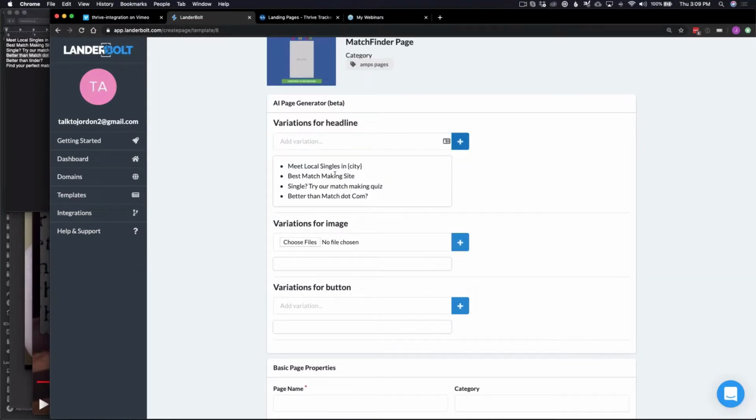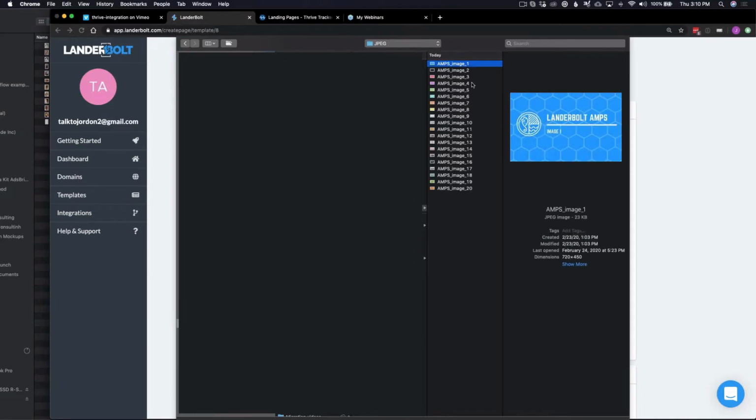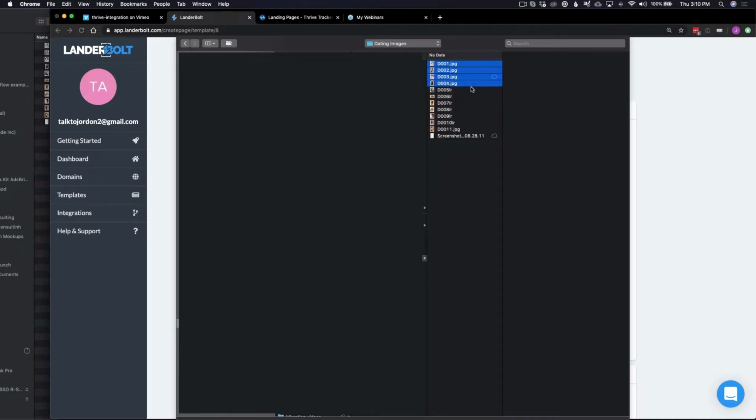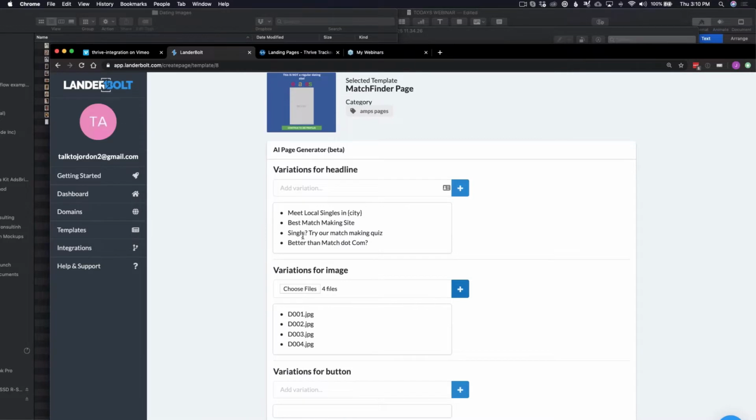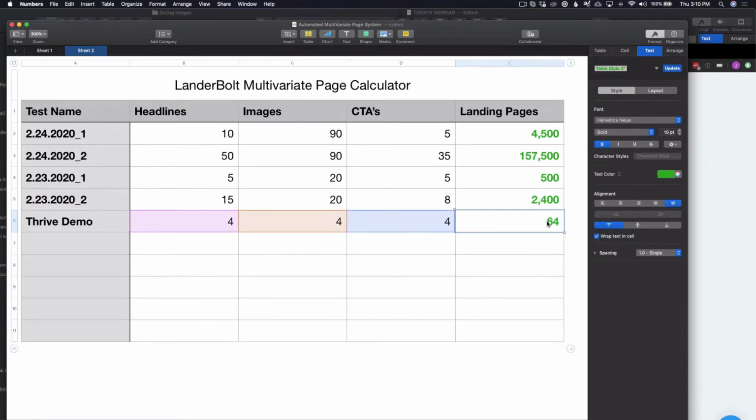And now I'm going to go ahead and choose some images, 4 images, and click add. So now I have 4 headlines, 4 images, and now I'm going to test 4 call to actions. That's 64 variations of the page. 64. We tested it all the way up to